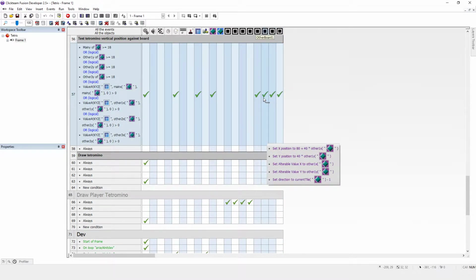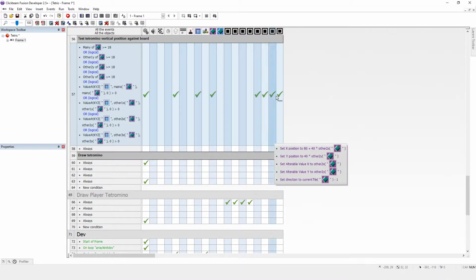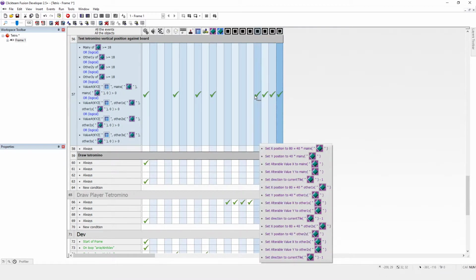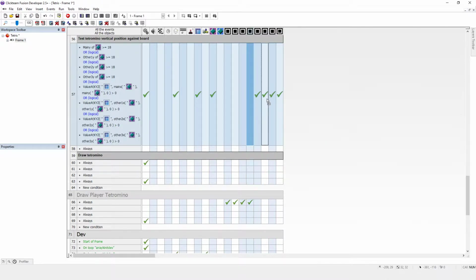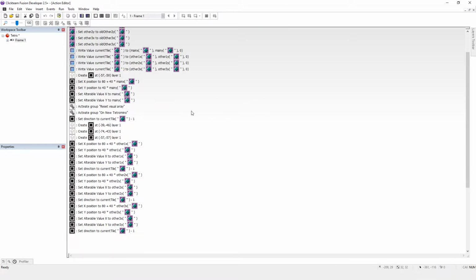So what I want to do is I want to copy this and paste it in here. Copy this, Control C, paste it in here, Control V, and copy this and paste it in here. Remove these ones just by dragging from an empty one to them, and then I want to double click in here. Now this is going to be a lot easier to do it from here